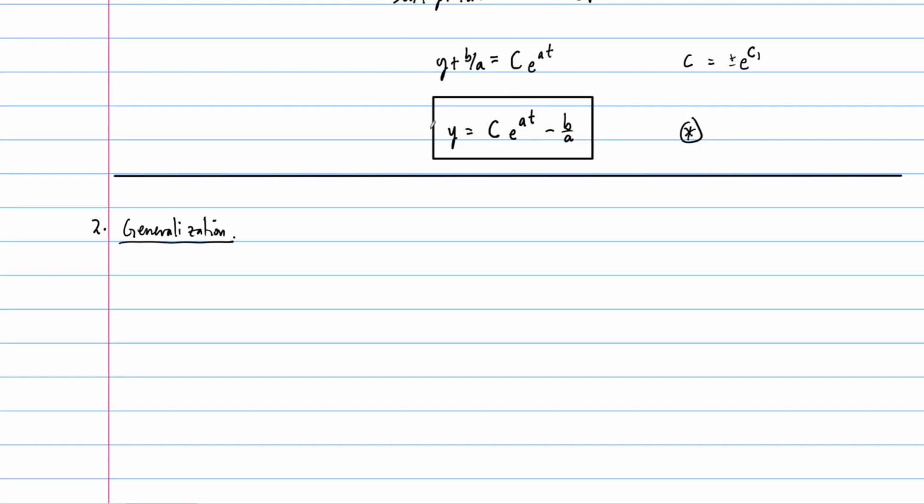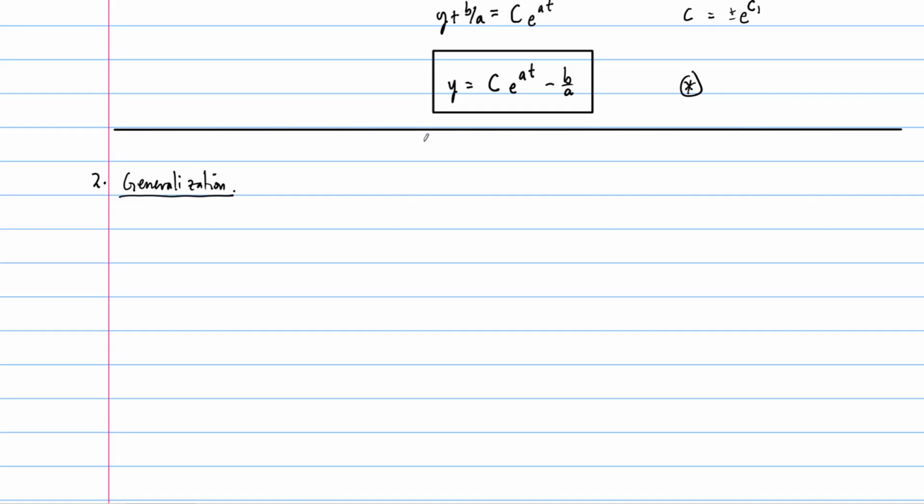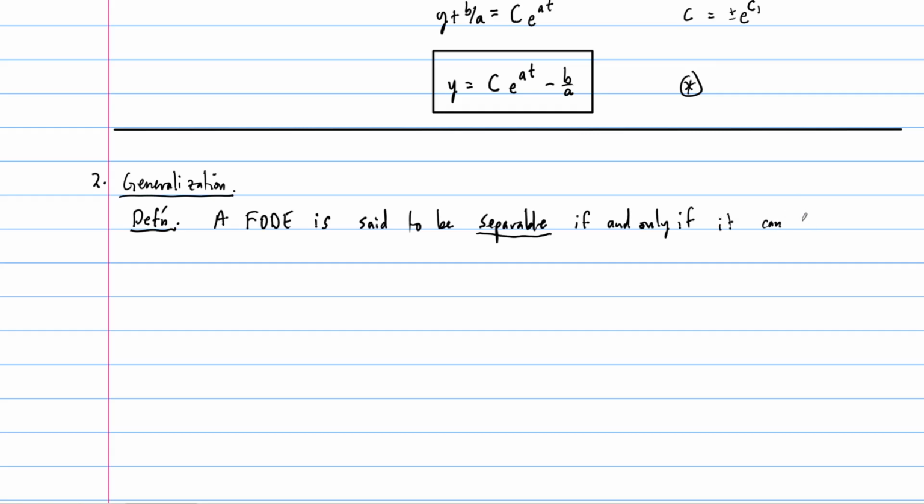We're going to be able to separate our differential equations into total differentials, which separate the variables, x and y in this case. So I'm going to write a definition here. I'll even write definition for us so that we know that that's what I'm doing. A first order differential equation is said to be separable. So separable, this is what we're defining, if and only if it can be written. Notice I'm not saying it is given to you this way, right? But it can be written in the form